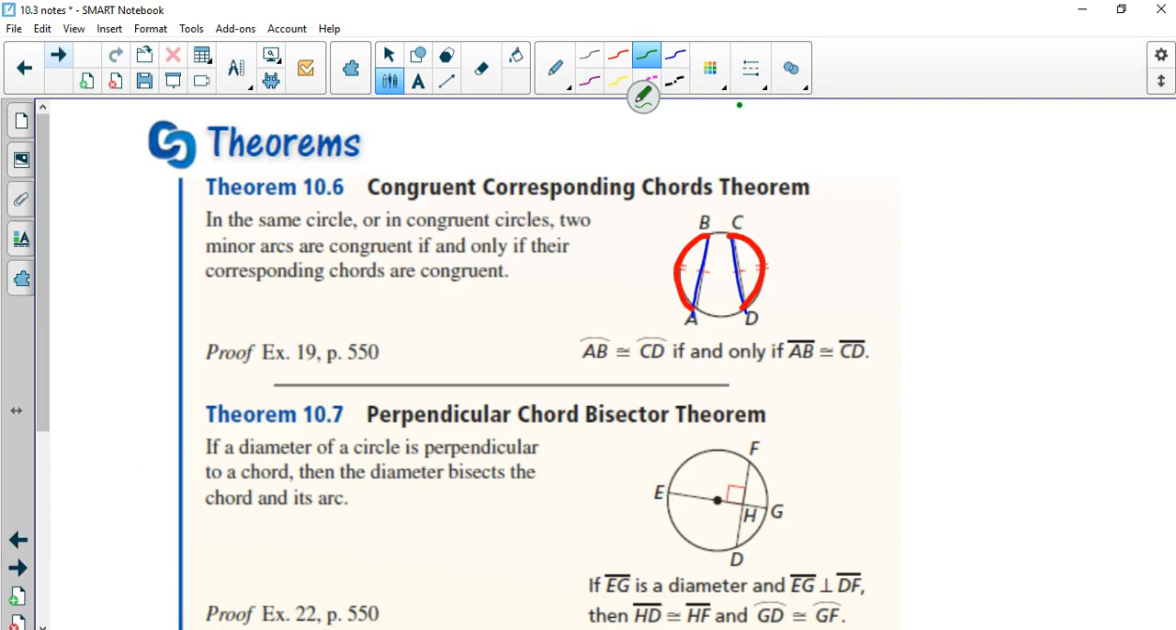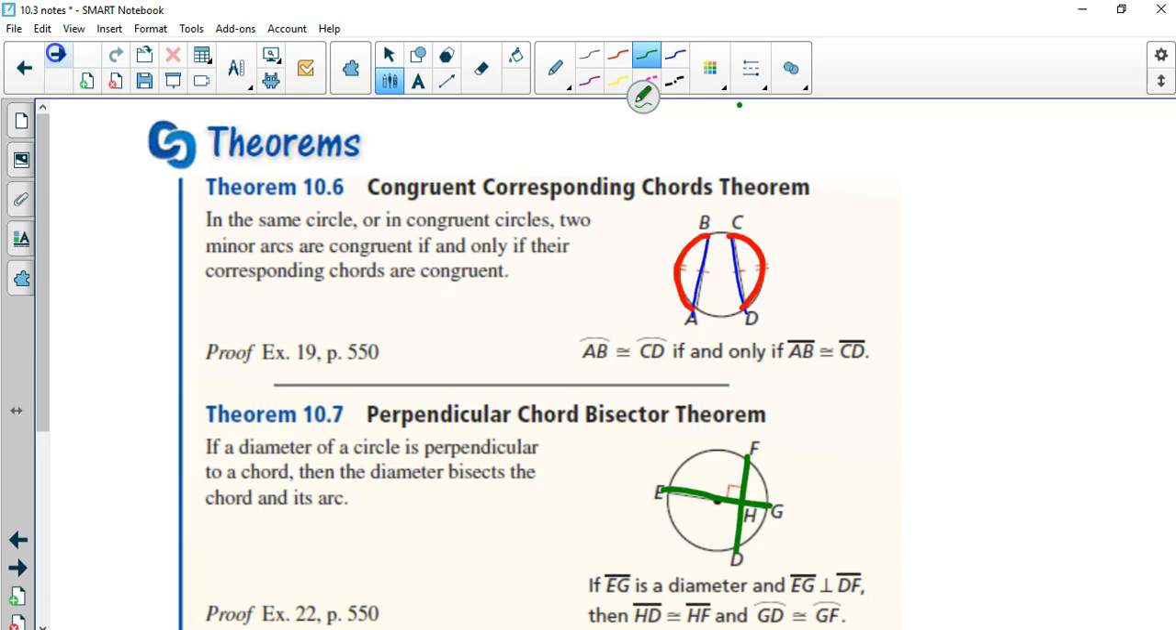10.7. If a diameter of a circle is perpendicular to a chord, then the diameter bisects the chord and its arc, which is also just like the one we just had. So that example would have followed this very easily. So notice what we have. If EG is the diameter, right here, we have the diameter, and DF is perpendicular to it,